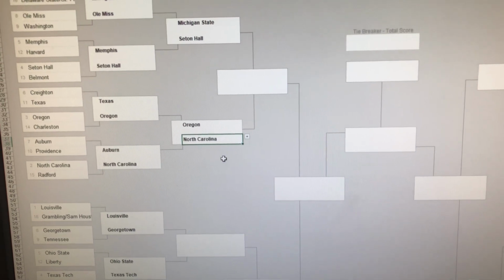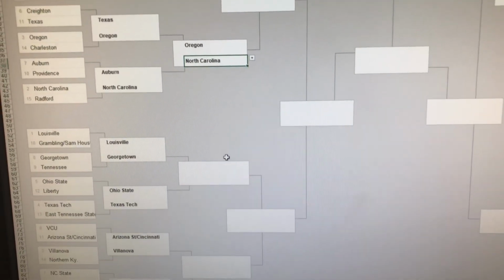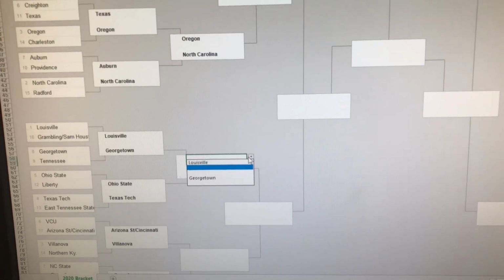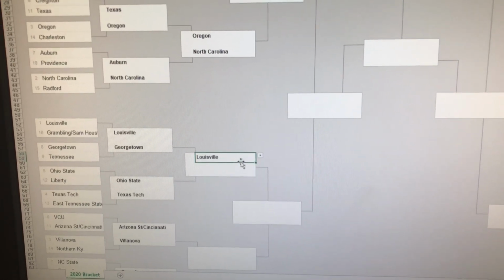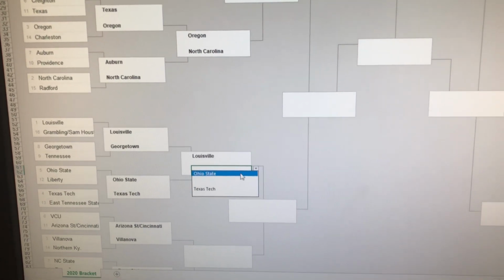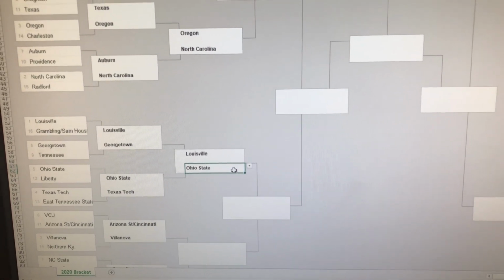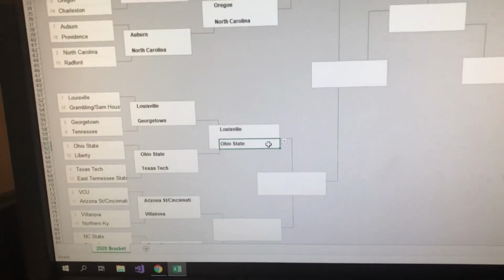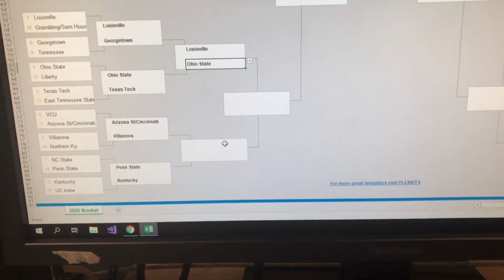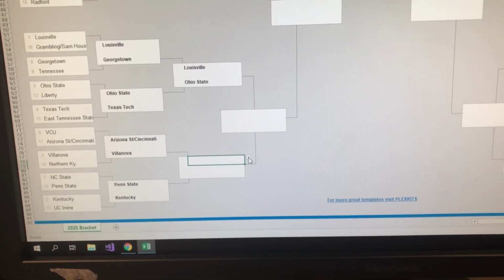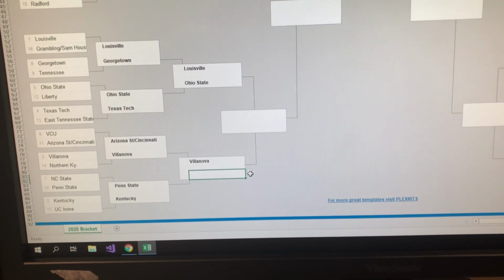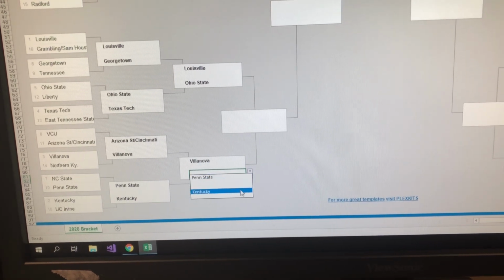I'm just not too confident in Auburn's talent as of right now, but I mean, that could change throughout the course of the season. A rematch of the old Big East right here, Louisville and Georgetown. I'm going to go with Louisville winning that one. And Texas Tech, I think, will lose to Ohio State. 5-4 there. I'm going to go with the 5. Then we got Arizona State and Cincinnati, or I guess Arizona State versus Villanova, because I had Arizona State winning that game. I'm going to go with Villanova winning that one right there. And then Kentucky will beat Penn State. I don't think that one would even be very close.